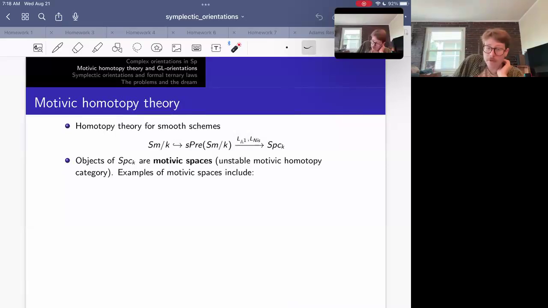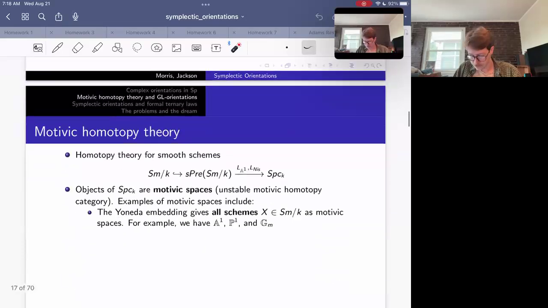So once we do this process, we land in this SPC over K, which I'm going to call motivic spaces. It's like our unstable motivic homotopy category. We've done a couple of procedures to get here, so we should identify some objects that we want to work